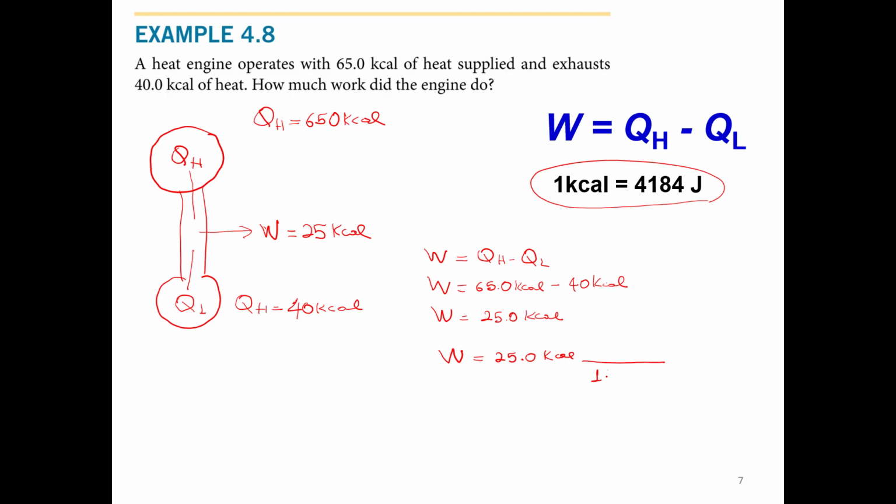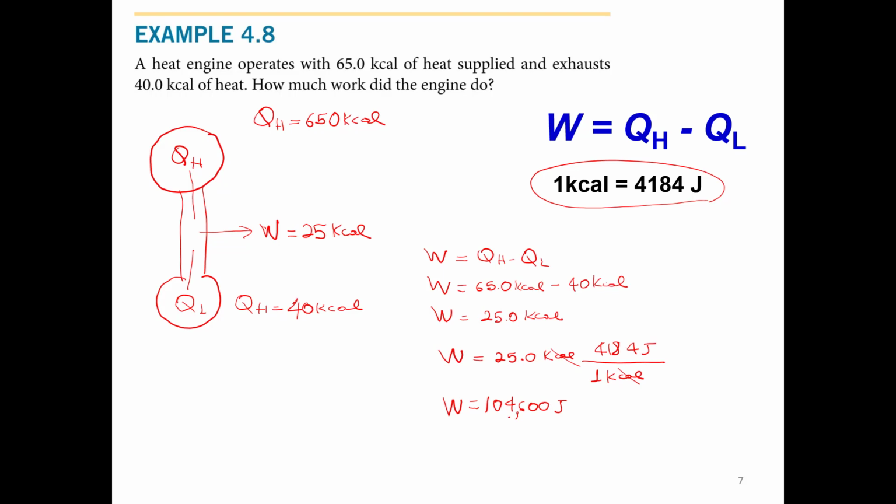and we need to write kilocalories in the bottom. It is the only way we can cancel out the unit we don't want. And then finally we have joules. This is the unit we want. If we multiply these numbers together, we will get 104,600